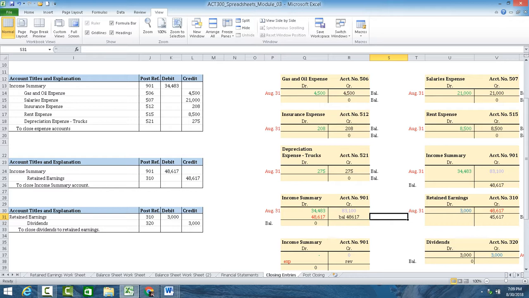Okay, let's move on to dividends. So the dividends had a normal debit balance, there they are right there. Normal debit balance. So to make it have a zero balance, you're going to credit the dividend. That's what they did. And you're going to take it and close it into retained earnings. And you had to subtract it from retained earnings, remember, in the financial statement. So you want to debit